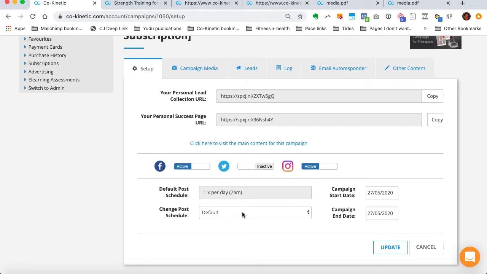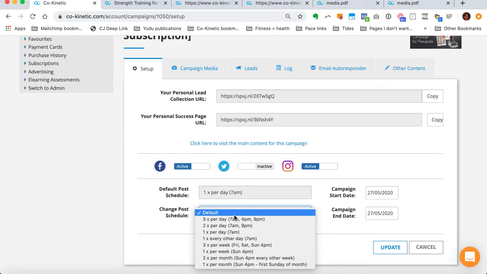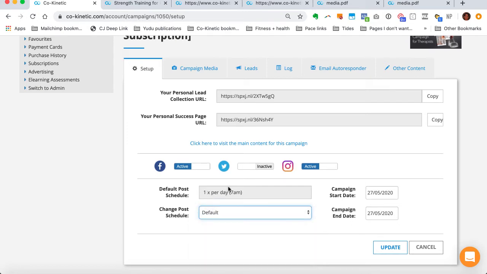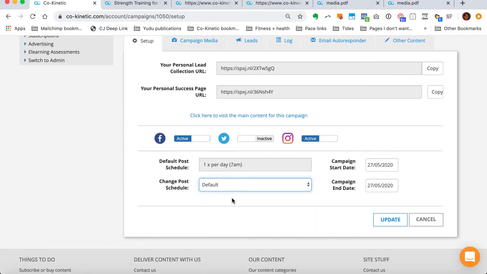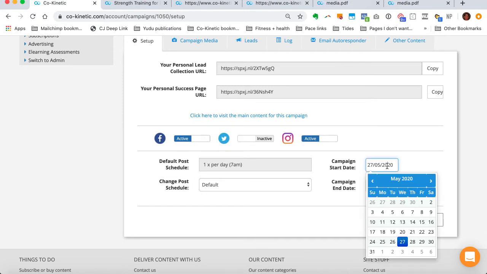To active, you change the post schedule if you want to, or you can leave it as the default. Remember, I've designed this to be as super simple as it can possibly be and as quick as it can possibly be. You put in a start date, which needs to be any day from today onwards, or ideally tomorrow onwards,